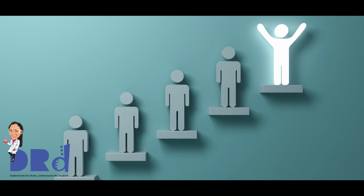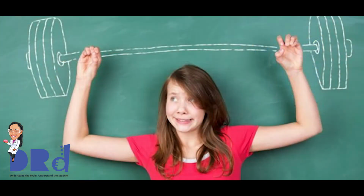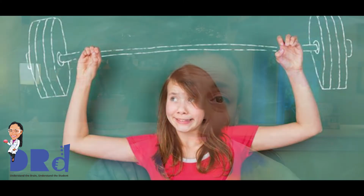And that is huge. Because what has to happen is that we have to look at the kids not through a deficit lens, which means that we can't look at the students for what they lack. We have to look at the students through what they bring to the classroom. And by doing this, we are able to address our